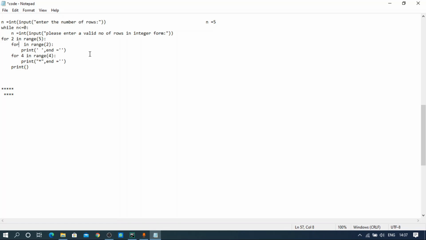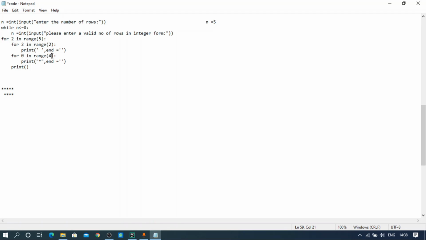So j will start at 0. 0 is in range of 2, which is true, so that a space is printed. After that it will become 1 in range of 2, so that another space is printed. After that it will become 2, which is false, so that here k will start at